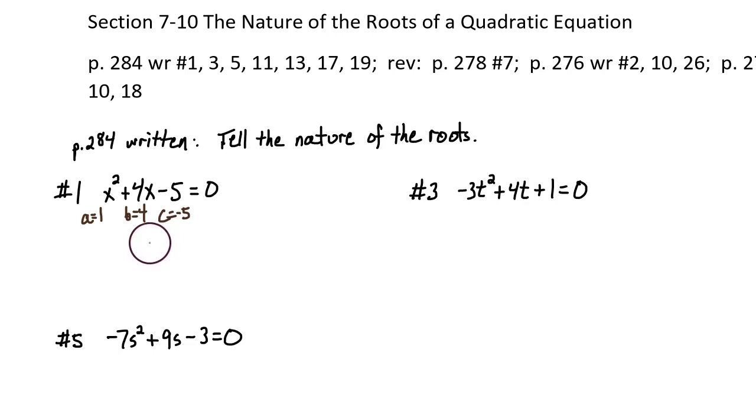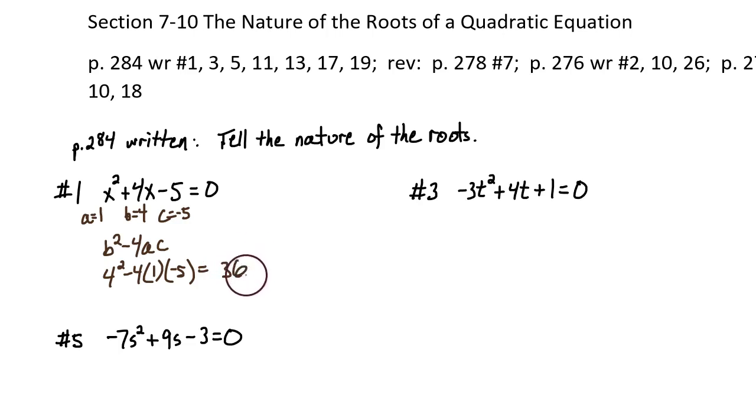So let's use only part of the quadratic formula. The part that we're going to use is called the discriminant, and that's the b squared minus 4ac expression that's inside the square root symbol. Put in 4 for b, fill in 1 for a, and fill in -5 for c, and figure out what this answer is. -4 times 1 times -5 is positive 20, 4 squared is 16, and 16 and positive 20